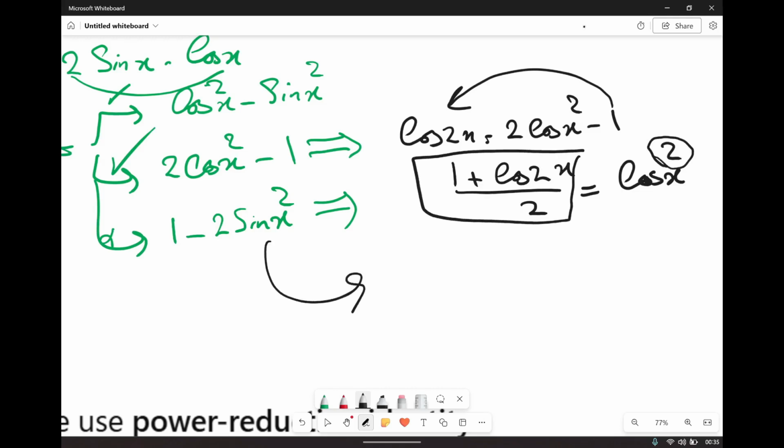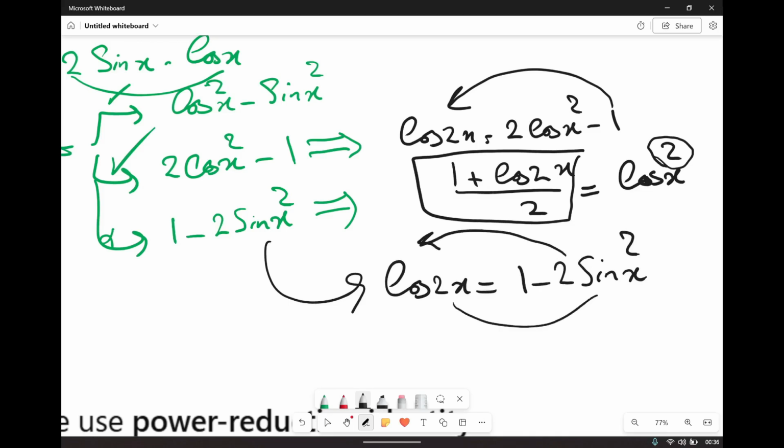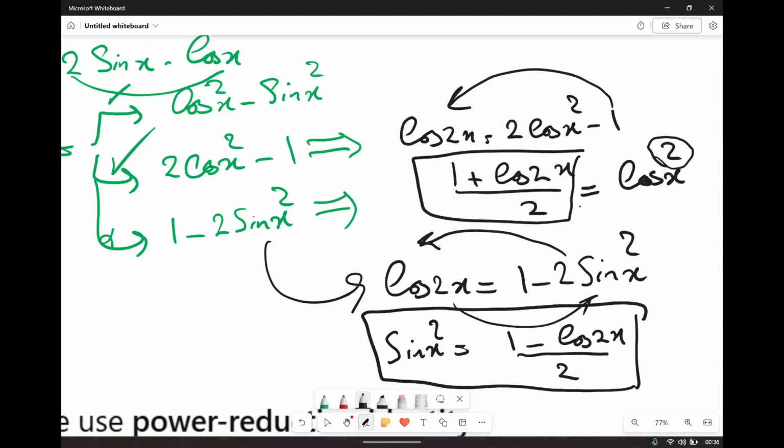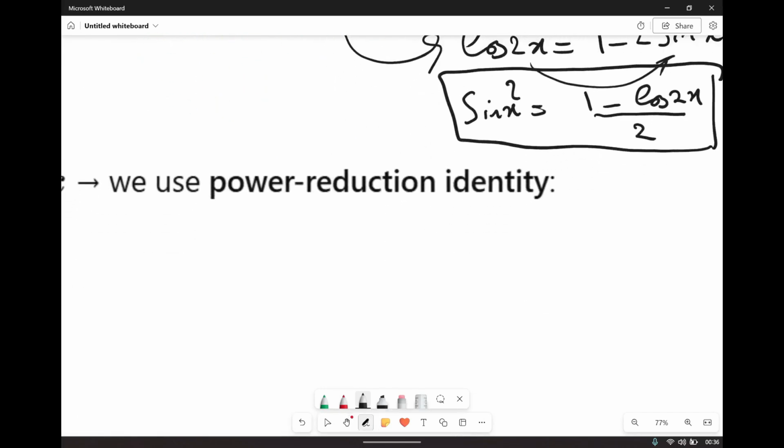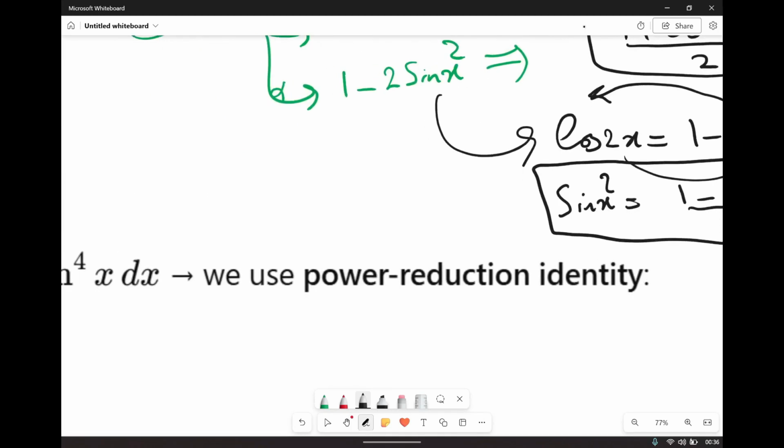Okay, what about this? Cosine 2x is exactly 1 minus 2 sine x power 2. If I put this on the left side and the other on the right side, sine x power 2 equals 1 minus cosine 2x, with a 2 at the end, divided by 2. These two formulas are so important in integration, and if you have an even power, you must use them in your strategy. Okay, for example, a simple one, if you're going to calculate